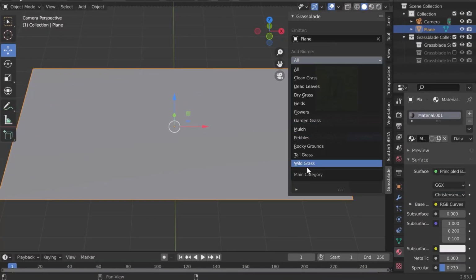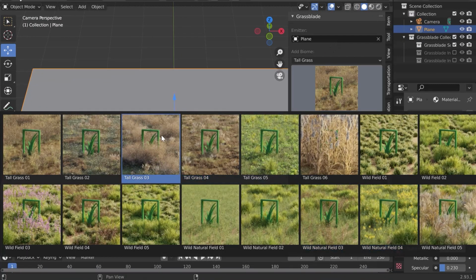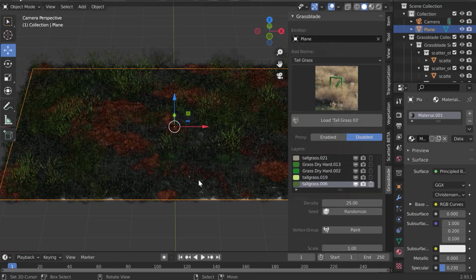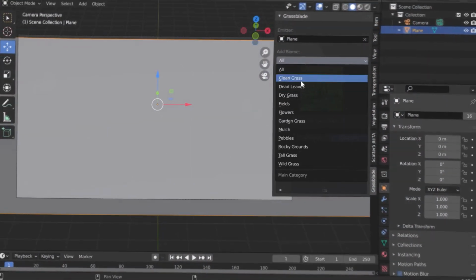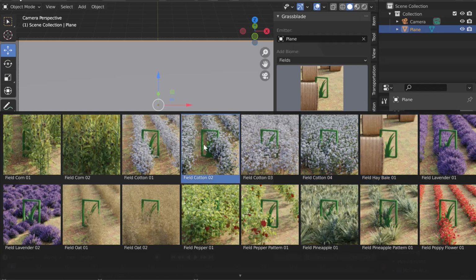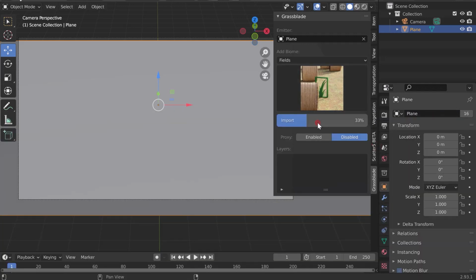The tall grass category is made from various biomes. They are useful to add wild nature in your 3D scenes. We also added new biomes in already existing categories. For example, in the field category, you will see a lot of new biomes dedicated to agricultural environments, such as